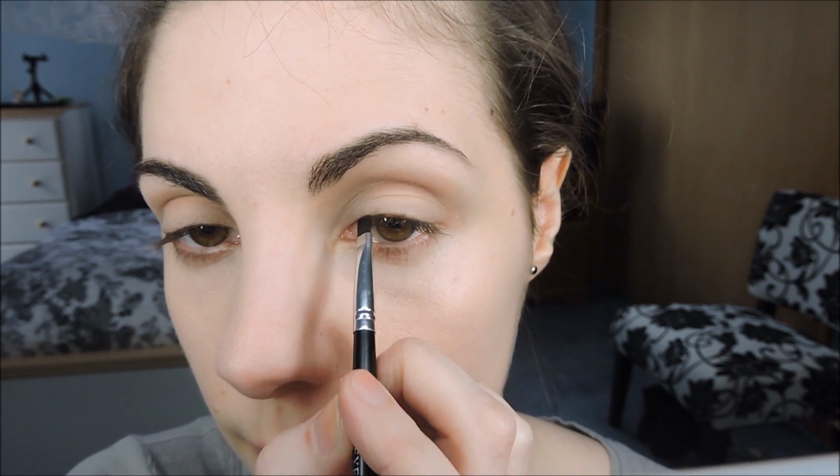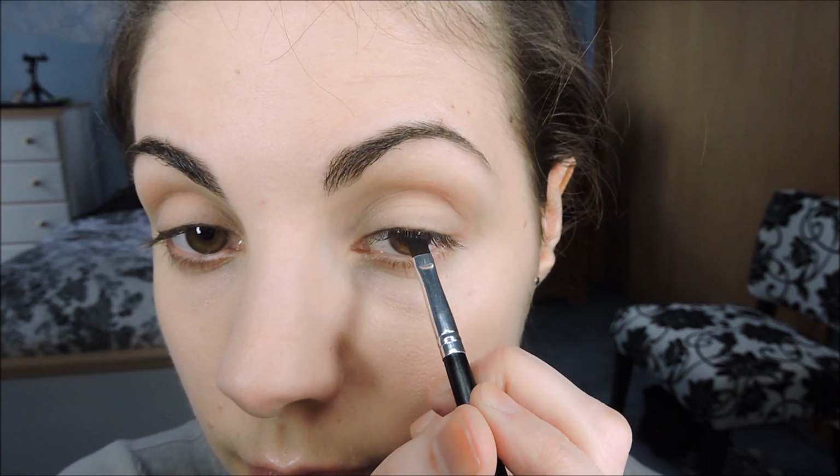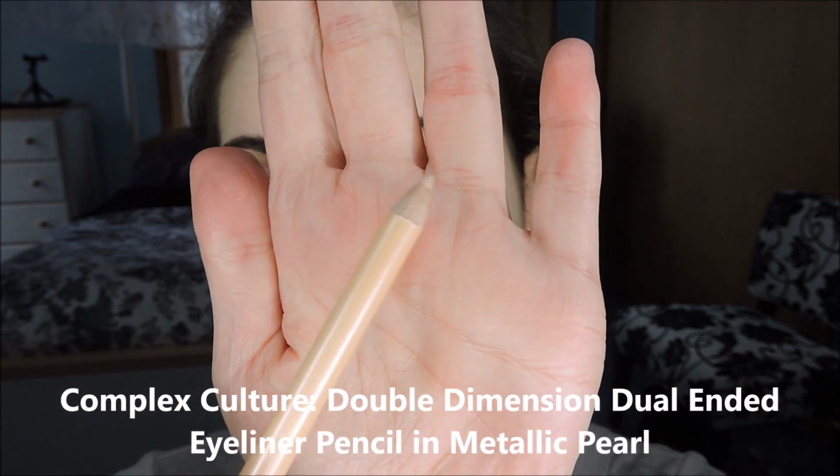An angled brush is really great for this kind of precision work because it has a bolder end and a thinner end. Then take an eyeliner that is similar to your skin tone and run that into the lower waterline of your eye. We want our eyes to look open and bright,